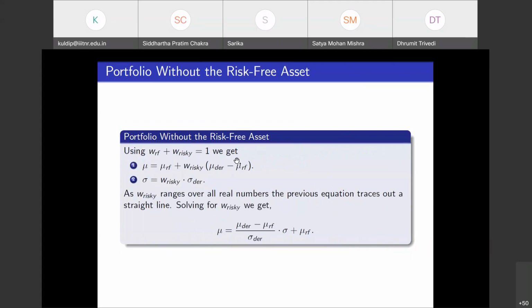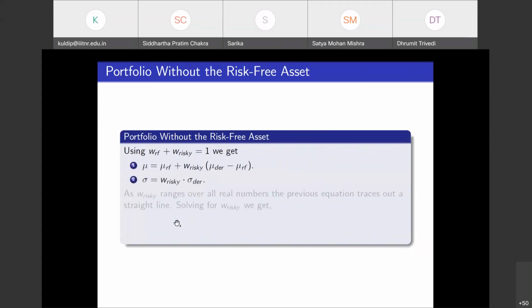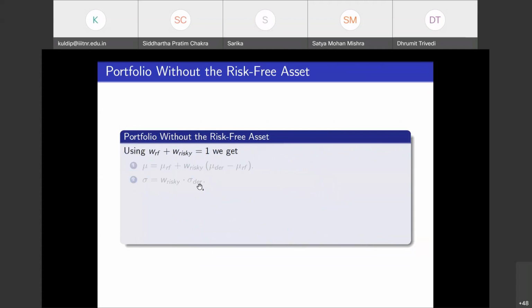So from here you can write W RF is equal to 1 minus W risky. That means on the right hand side there is going to be no W RF, because mu RF is a fixed quantity. So there will be no weight. The weight RF will be gone, and likewise the same thing here. So substituting this,